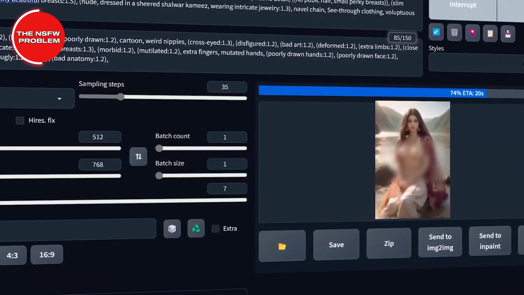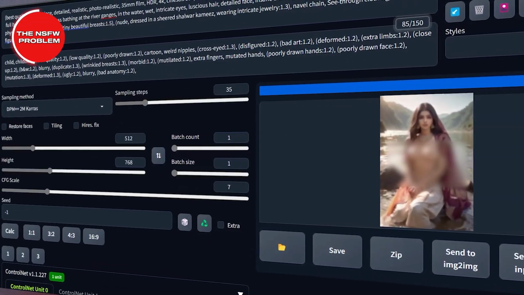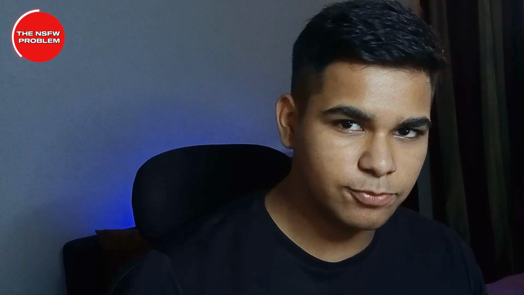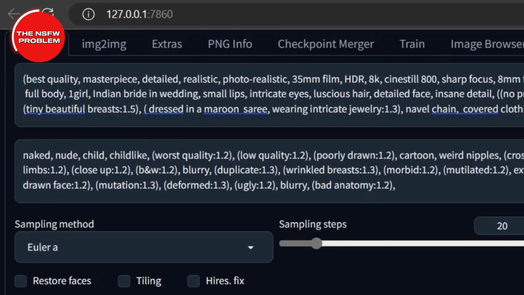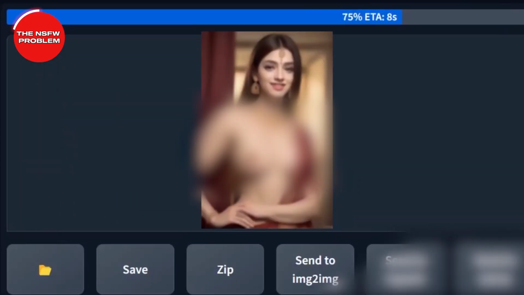My ultimate goal was to create how Zendaya will look in Indian attire, but Stable Diffusion was creating explicit images. The main problem is that you know how the negative prompt works. You add things that you don't want in your image, but still after adding them I was getting explicit photos that I don't want to add in this video because of obvious reasons. So that's the problem I was facing creating these photos.